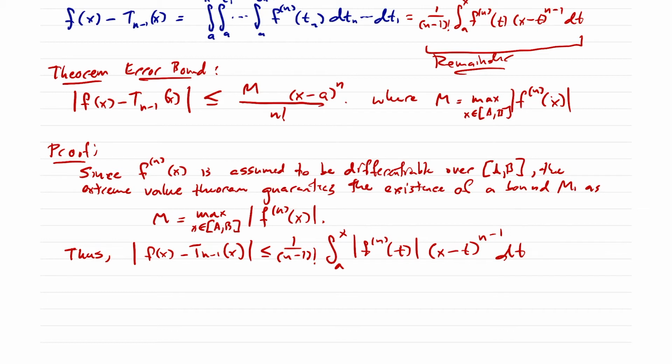Since x is on the upper end of the interval here, t is never going to get bigger than x, so this is always positive. So I can just leave that. Okay, so this is less than or equal to 1 over (n minus 1) factorial. I replace the absolute value by M to make it bigger, and so we can pull that out. And then we have the integral from a to x of (x minus t)^(n-1) dt, and